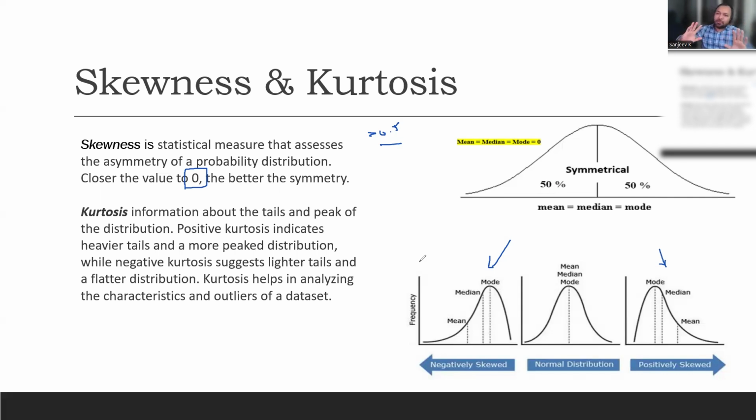Internally, what it is trying to do is arrange all your data in increasing order. It is going to measure how many values are on the left of the mean and how many values are on the right of the mean. If they are almost similar, then the skewness will be very close to zero. If it is not close to zero, let us say if it is greater than 0.5 or greater than 1, it means that you're ending up with this or this.